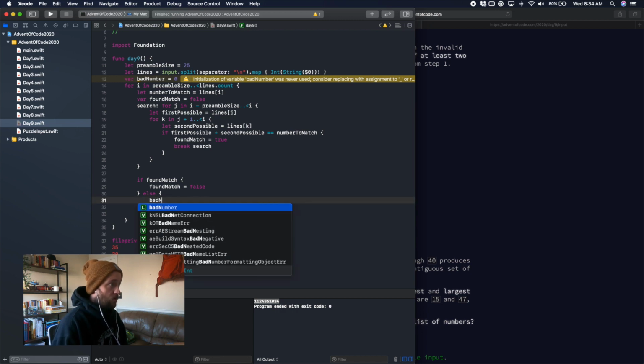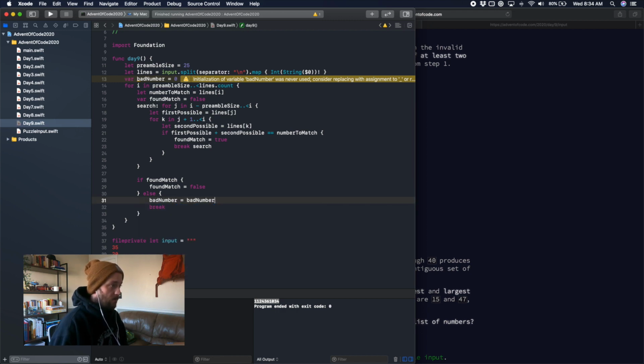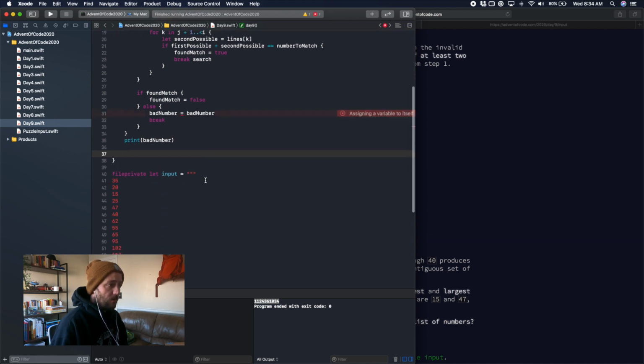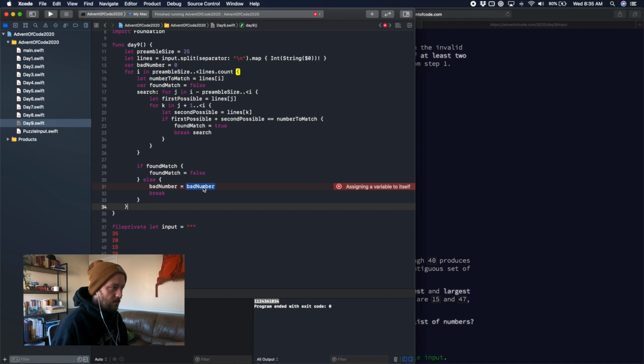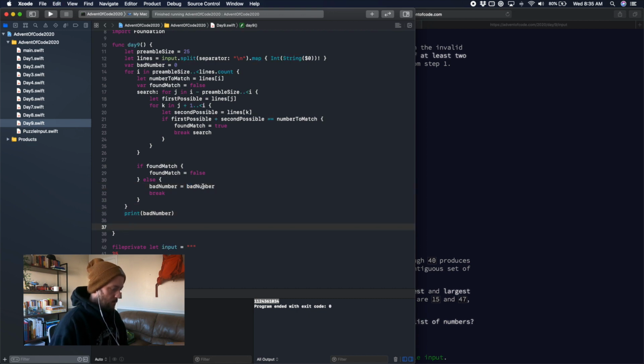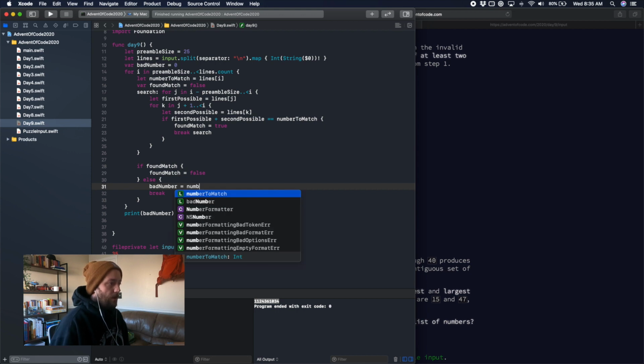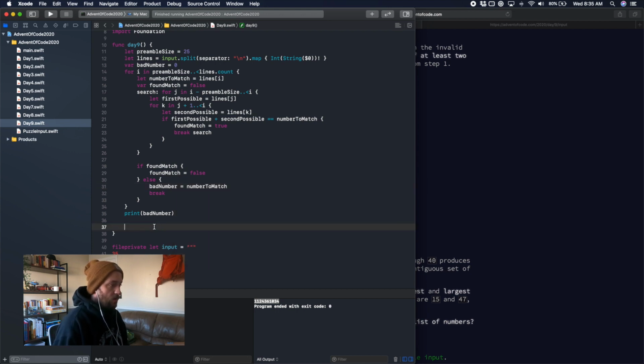Bad number equals bad number, print bad number. Okay, so now what we're going to do, we're going to search again. We're going to search bad number equals, what was it? It's a line number to match. Number to match. Okay, so now in part 2,